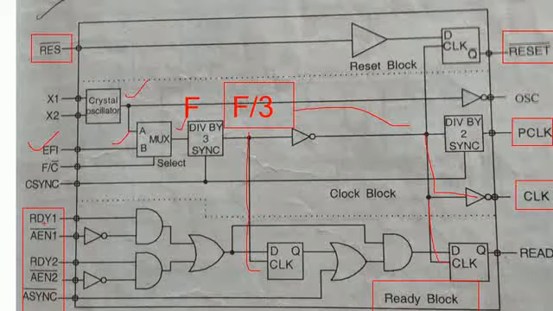Here we have the ready 1 and the address enable 1. If you are disabling any one of these pins, then you are going to disable the clock signal. If you want to generate the signal, you are supposed to apply an active high signal on the RDY1 pin, and AEN1 is active low, so you are supposed to apply the proper signal at the input of this ready block so that it generates the ready signal.